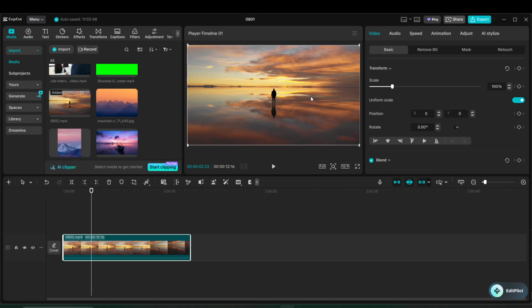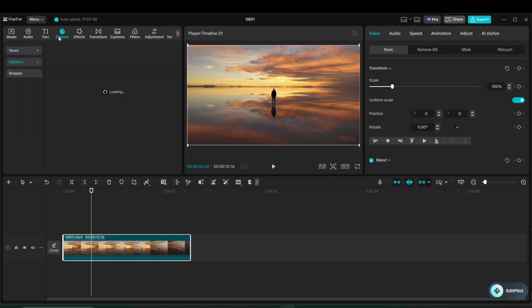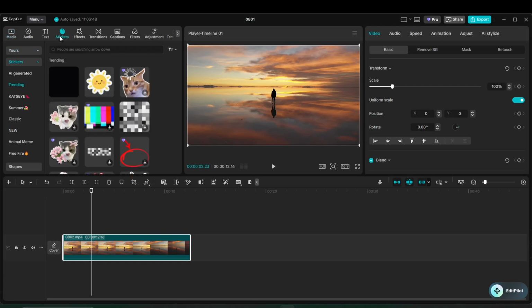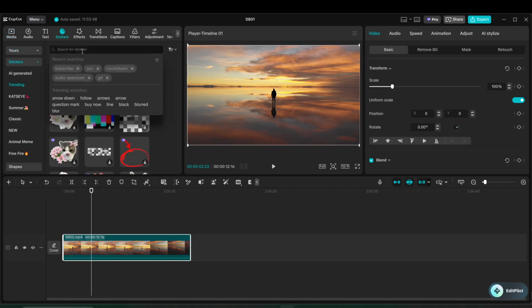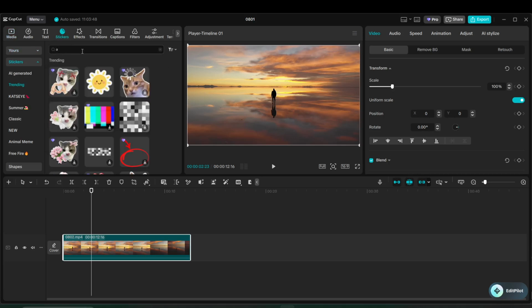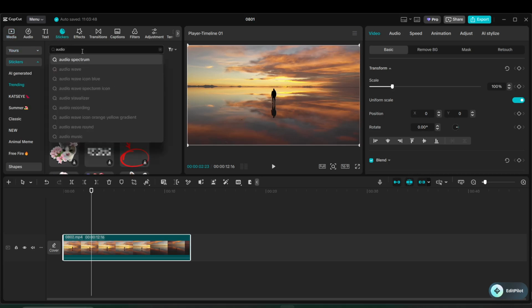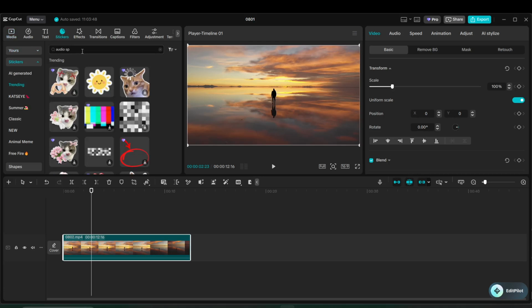The first method uses built-in animated spectrum stickers inside CapCut. To get started, go to the top left menu bar and click on Stickers. Once you're there, use the search bar and type in Spectrum or Audio Wave. You can also browse through the music category if you want to see more options visually. CapCut usually includes a variety of animated designs, so take a moment to choose one that matches the style of